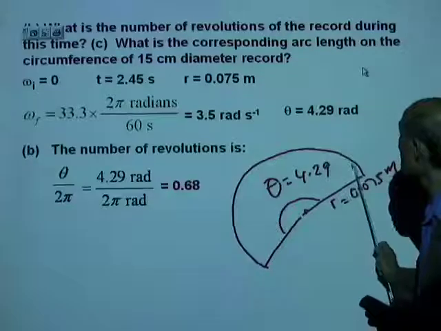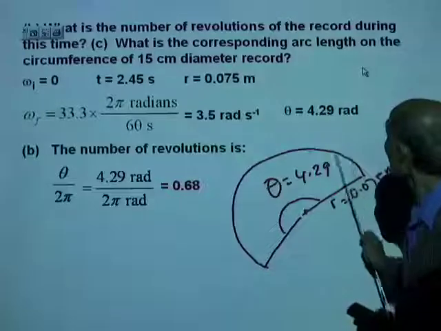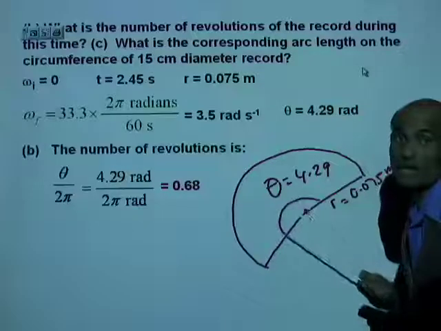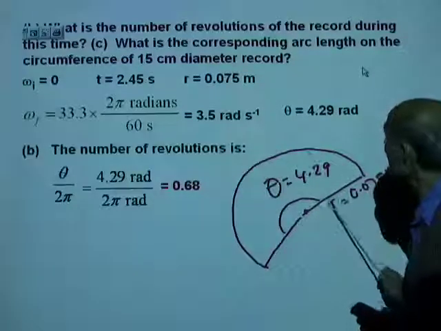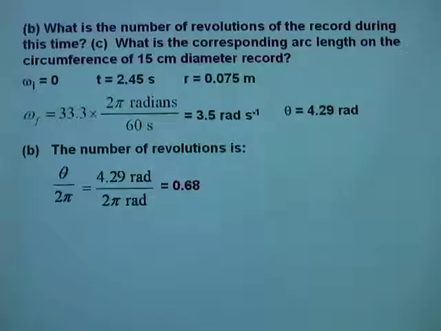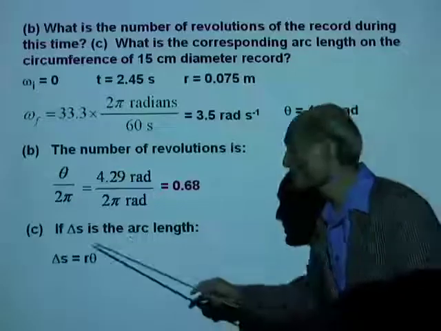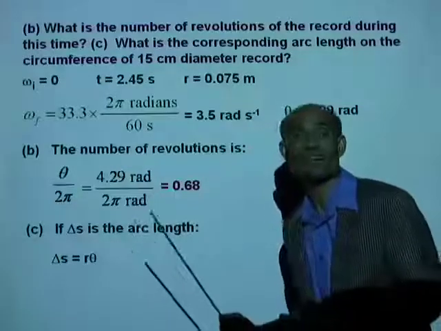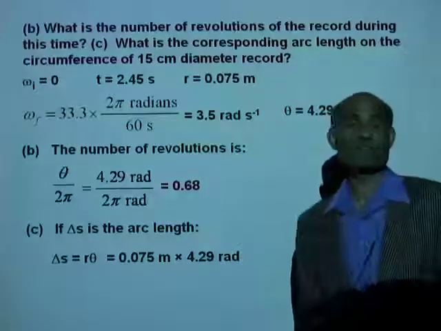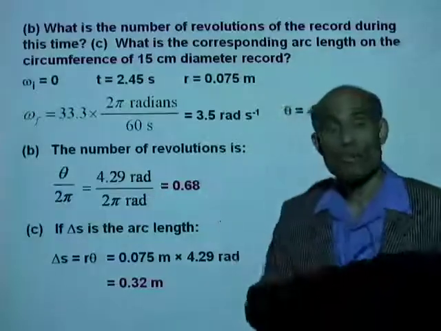You see, the disk rotated through an angle of 4.29 radians, and therefore the linear displacement, the displacement along the arc, the corresponding arc length, equal to radius times the angle: arc length equal to r theta. Alright, so if delta s is the arc length, then delta s equal to r times theta. r is 0.075 meter, theta is 4.29 radian, therefore the length of the arc is